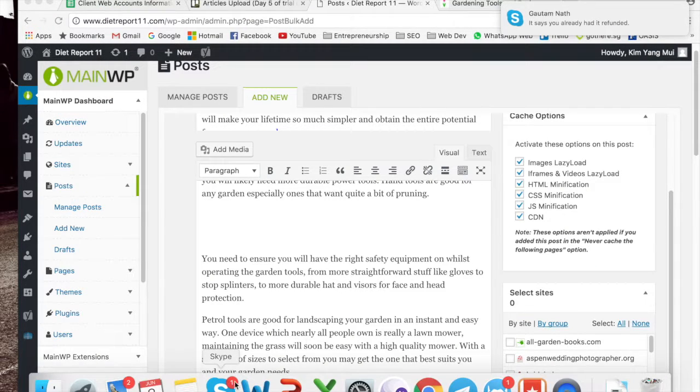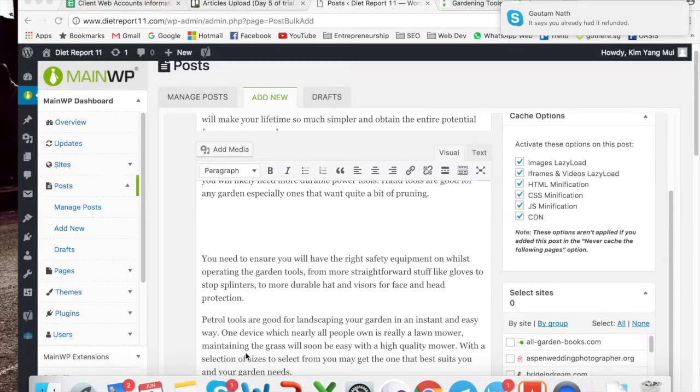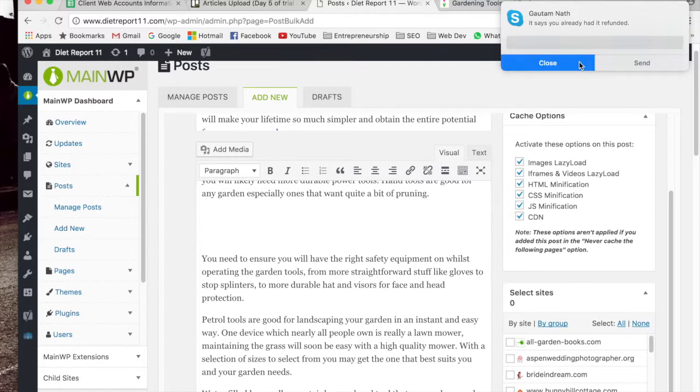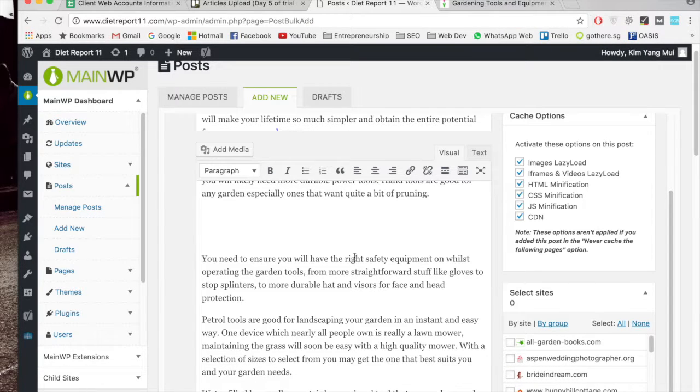Yeah. So if the article has no headings, what you need to do is add headings yourself. So what I'll do is take a quick look through this paragraph and just select a phrase like right safety equipment. So right safety equipment,